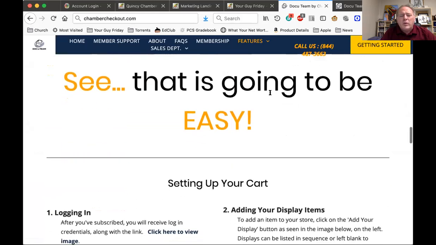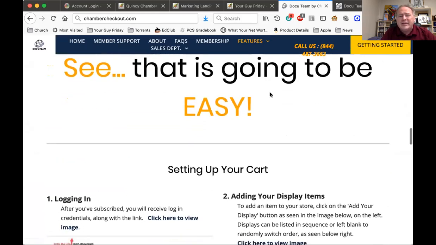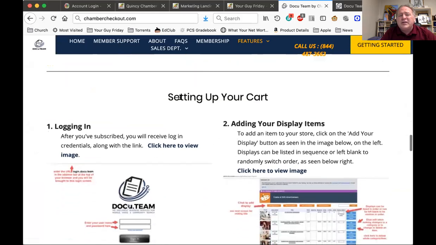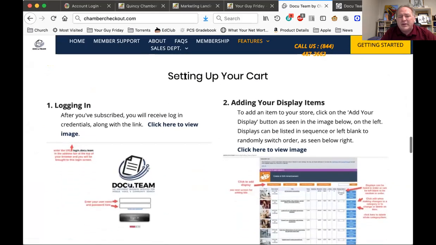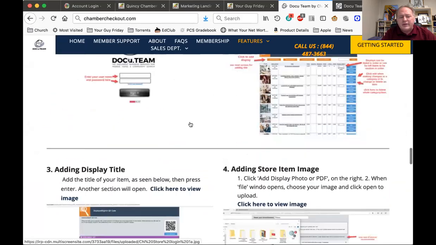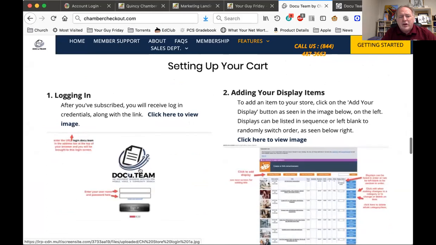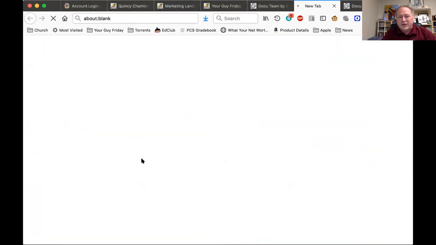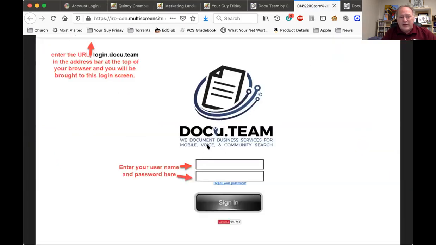And if you want to utilize this, it takes you through step by step how to log in, how to add your items, everything. And if you're looking at this and you're like, I can't really read the image, no problem. If you just click on the image itself, it will take you into a full-size image so that you can read that.